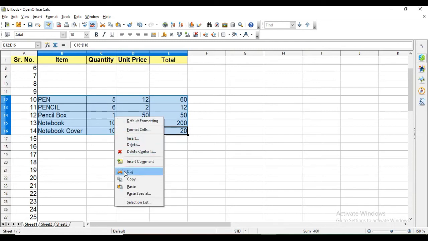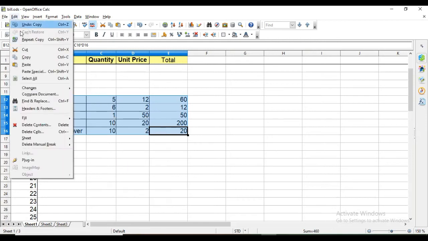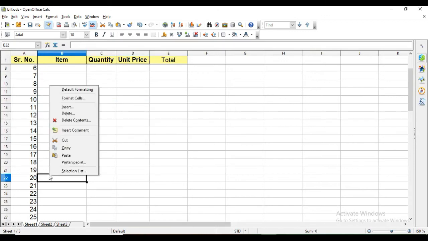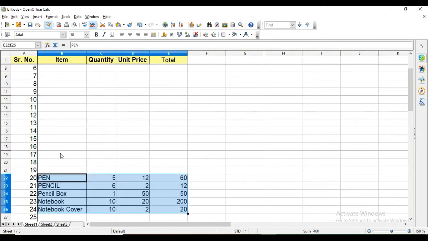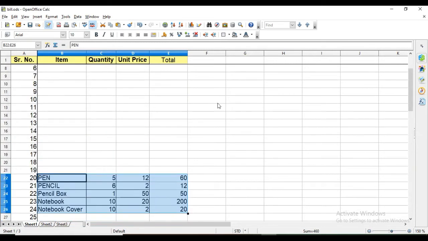The shortcut key for this is Ctrl plus X, or from Edit also you get that cut option. Go to the cell where you want to paste it, right click and paste, or Edit paste, or Ctrl V. Okay, this is moving content. Now from here it is moved to a new location. So this is the difference between copying and moving content.